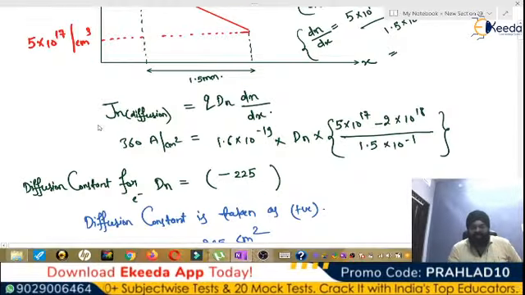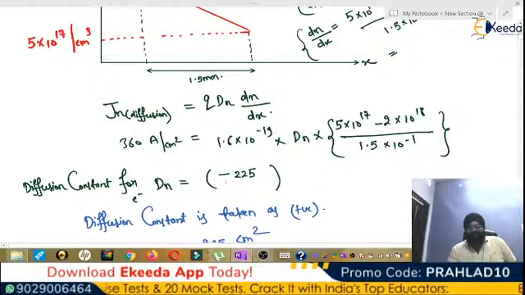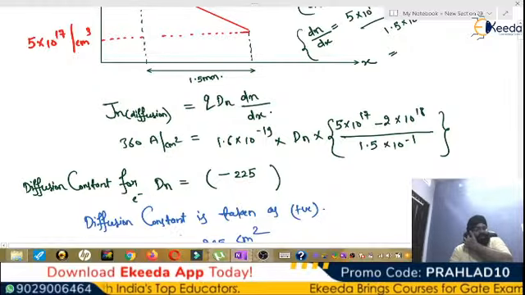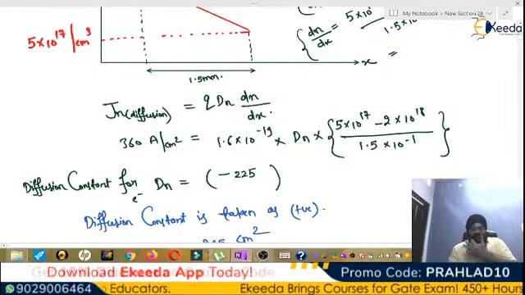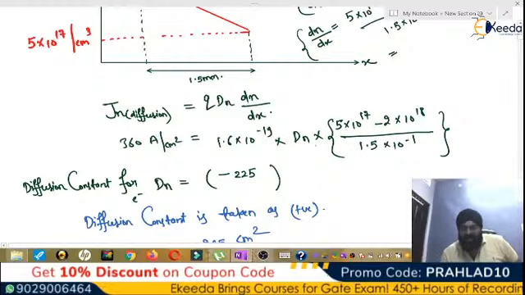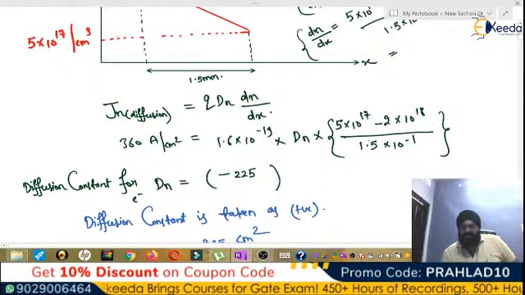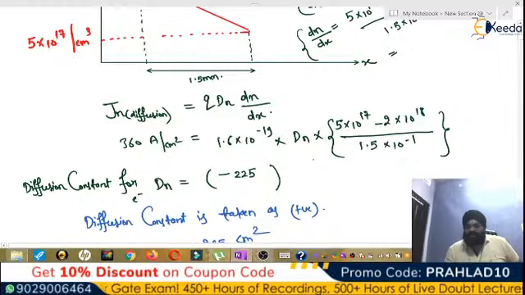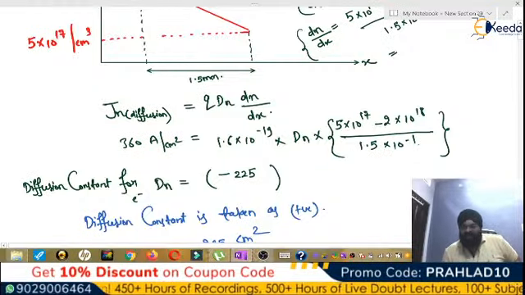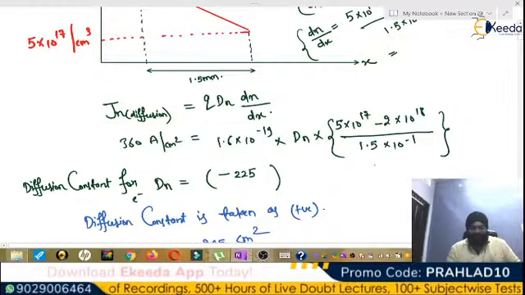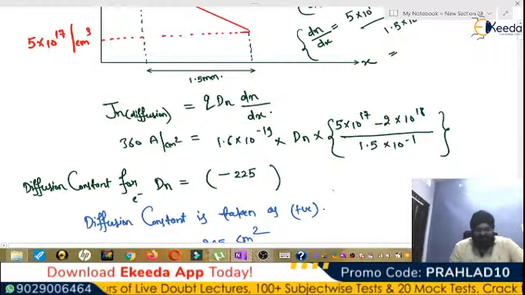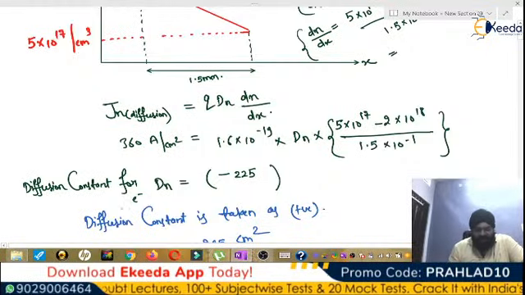So diffusion current density is Q into dn over dx. Diffusion current density is given as 360 ampere per centimeter square. Q is 1.6 into 10 raised to power minus 19 into dn over dx. So it is 5 into 10 raised to power 17 minus 2 into 10 raised to power 18 over 1.5 millimeter. So diffusion constant,